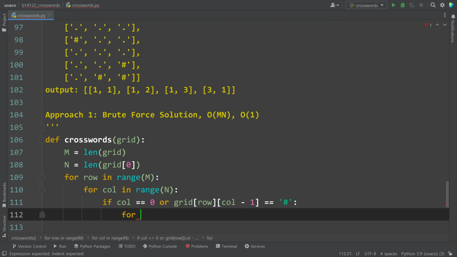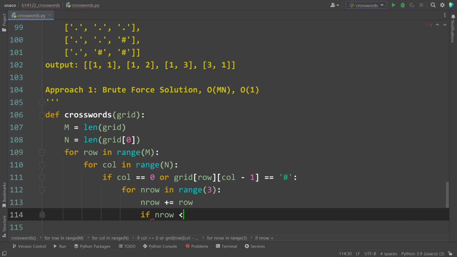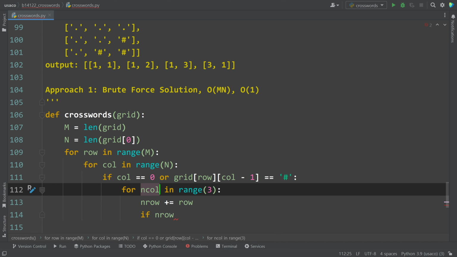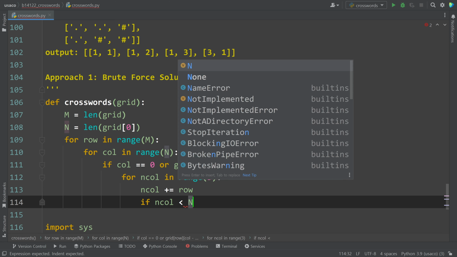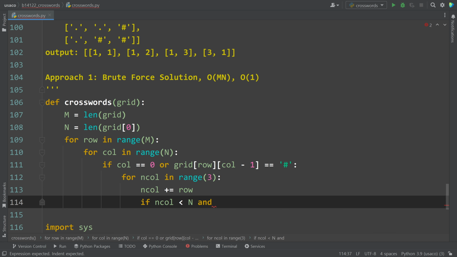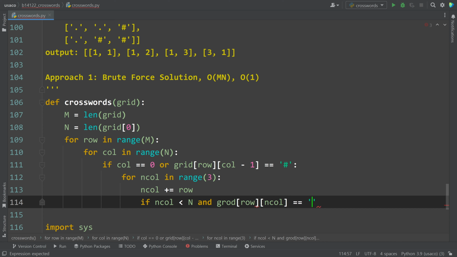So for next column in range 3, because we just check only 3 cells from here, let's change relative to absolute position, and then check that the column must be smaller than N. Oh, sorry, this is column, and the column must be bigger than or equal to 0, and grid[row][column] must be empty. So in this case it is a pass case,